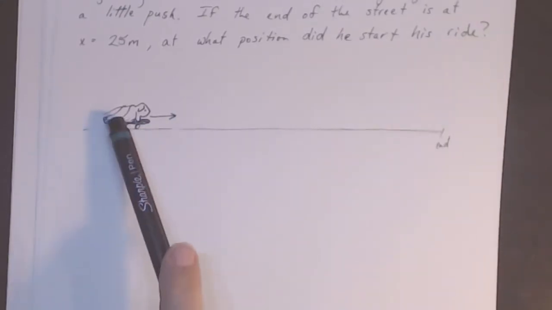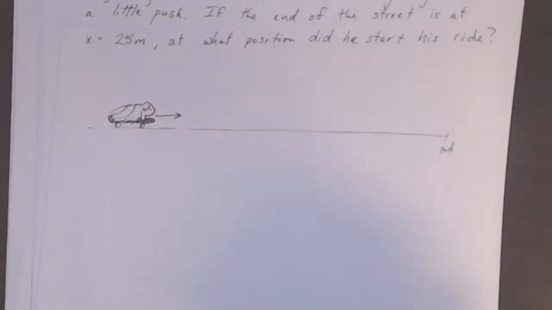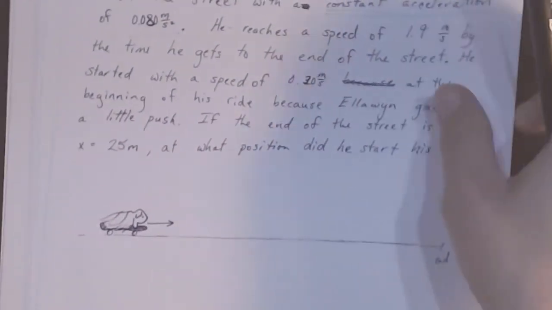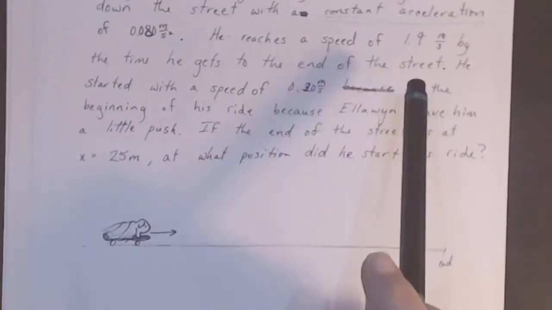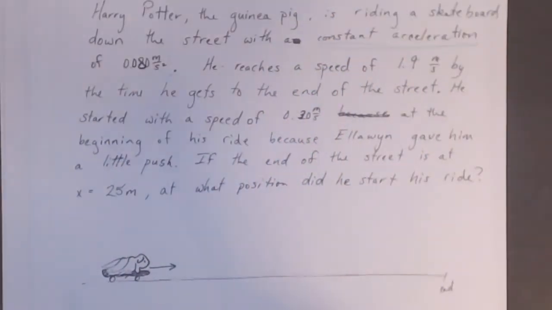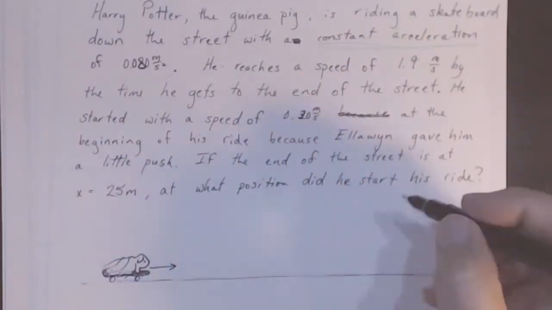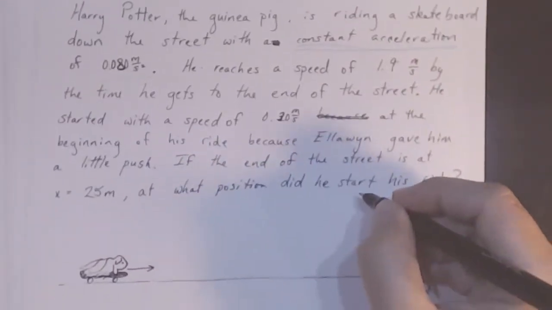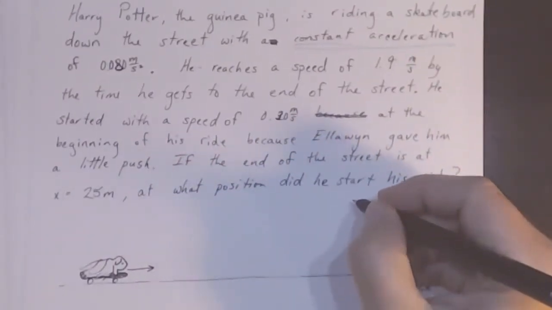And when I look at my picture, I can see that one dimension works well with this picture that I've had in my head anyway. It's just riding along that street, which naturally just draws a straight line. So from here, I can think, okay, constant acceleration problem, I have 3 equations that I'm going to be referencing, right? And I can even write those down right here, or if you have your equation sheet, you can just